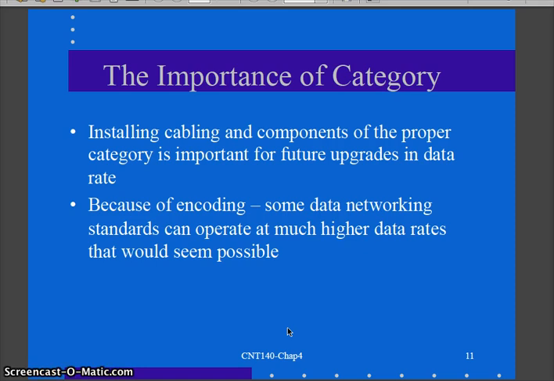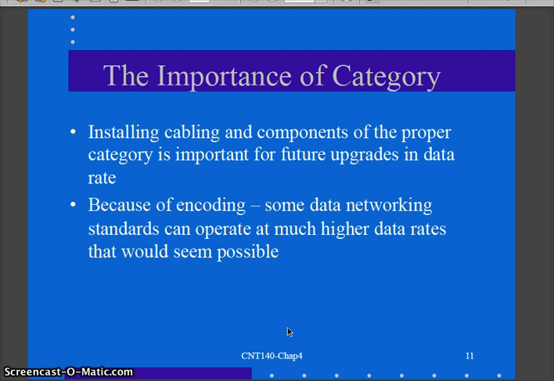Importance of category, yes, we talked about this before. As I look at my category table, when your cable manufacturers make the cabling, they're doing it to a certain method, so the cable is of a certain structure, and because it has a certain structure, it's able to handle X amount of bandwidth. They stamp on the side Category 5 or Category 6. When they do that, they're telling you, look, this cabling is of such a structure that it will handle this level of performance. That is important, and all the components in your system should be of that category so it all goes together and is able to support that bandwidth. That is important.